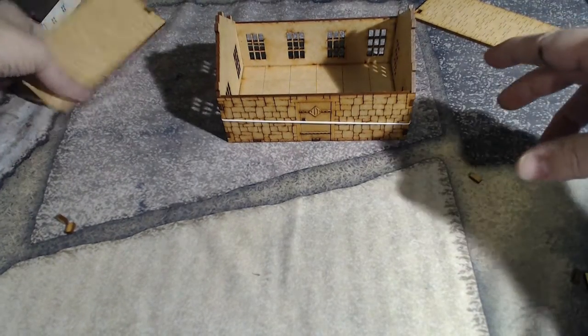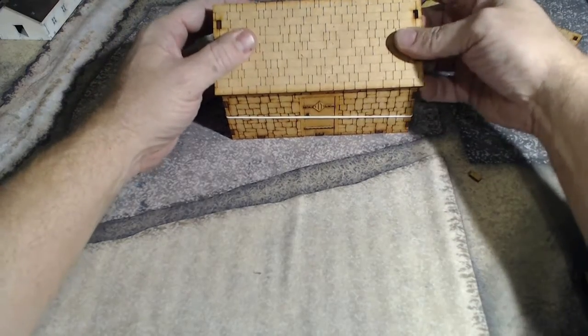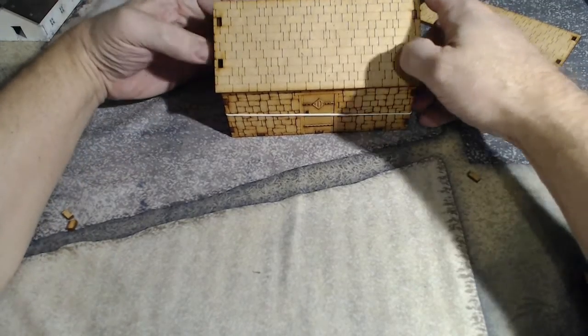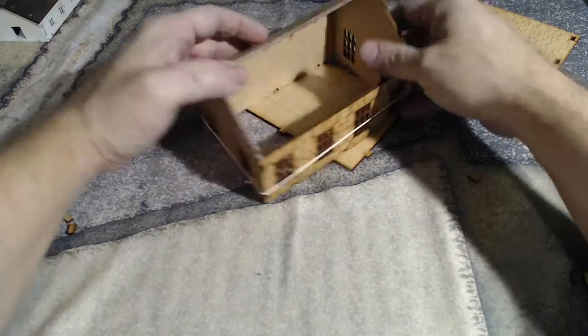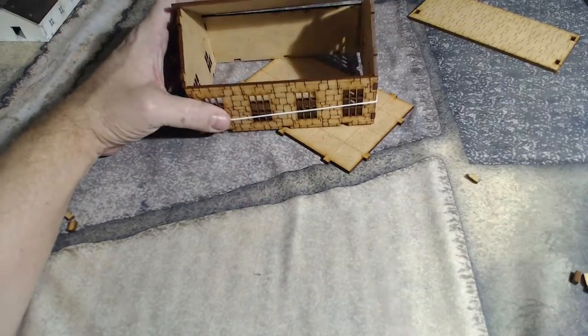That'll just hold it together while we double check. Make sure that we have the roofs in the right side there, and that's perfect. And as long as one side fits, the other side will fit fine. Okay, so now we're going to glue this, and we're going to come back and I'm going to show you